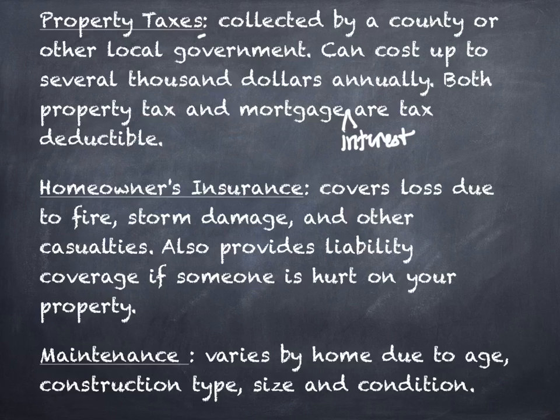The other thing that people don't consider that is also of value is that it provides liability coverage if someone is hurt on your property. If you drive a car, you may be aware that you're required to carry liability insurance on your car. What that does is it protects you in the case that if you ran into somebody and they got hurt and they had medical bills, instead of you being responsible for their medical bills because you were the cause of the accident, your insurance is responsible for the medical bills for that other person. So it's not money that's actually for you, but it's money there to protect you. And that's exactly what the homeowner's liability does too.